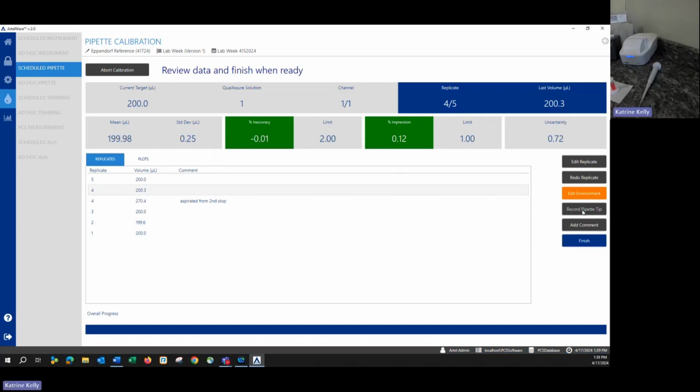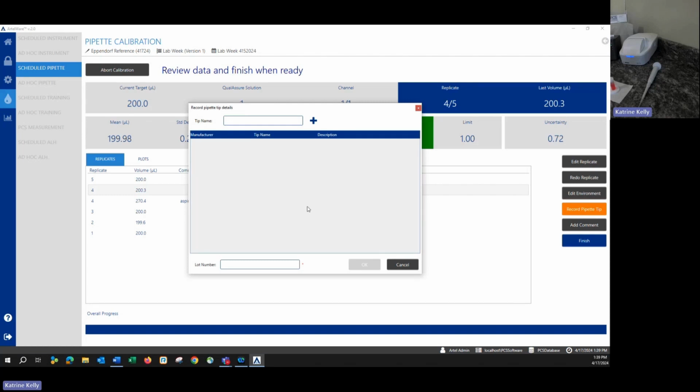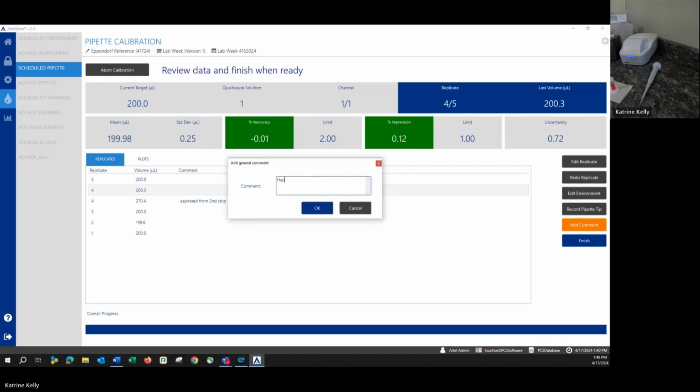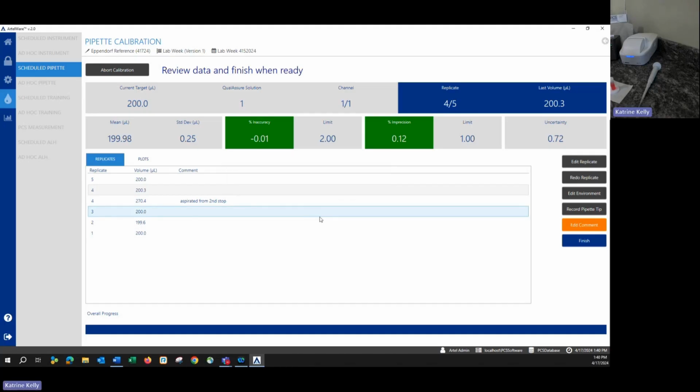And then I can record pipette tip information. This was particularly helpful to facilities during the pandemic when there was a tip shortage and they were evaluating different manufacturer tips. And I can add an overall comment. Once I have everything entered in, I click Finish,